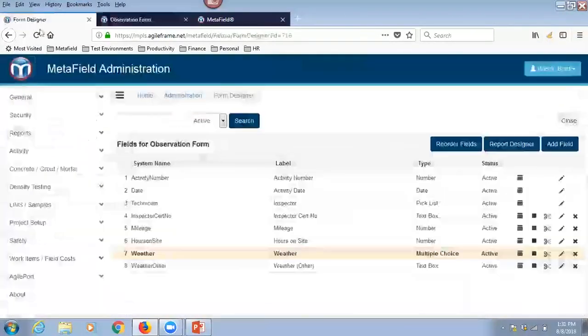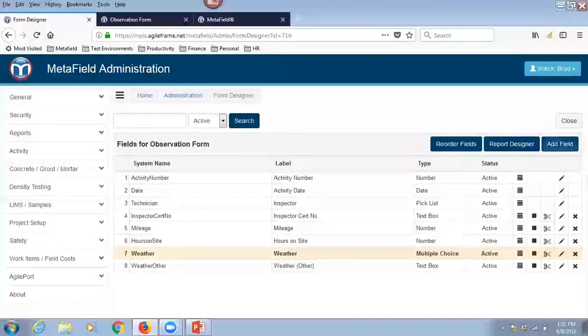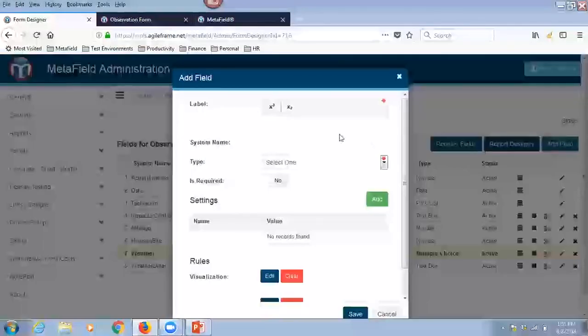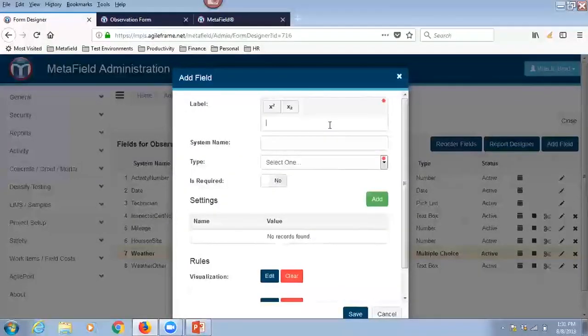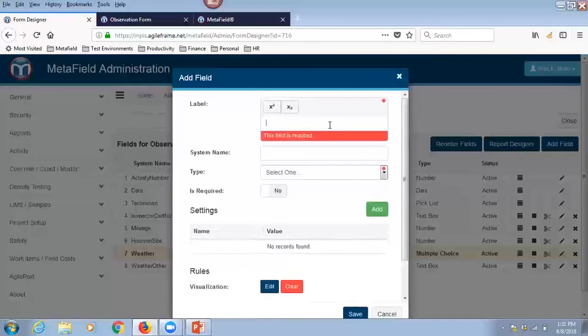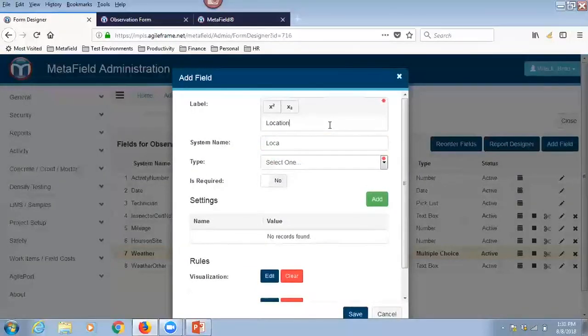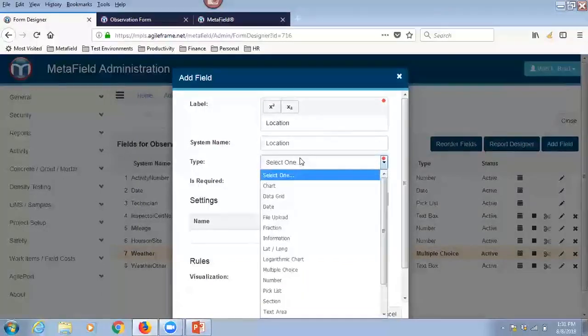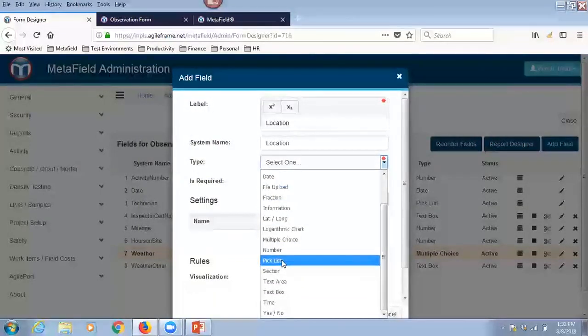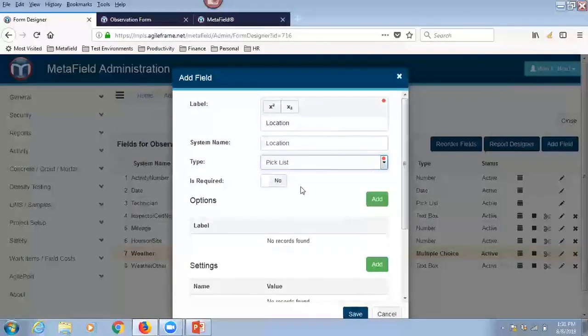All right, so let's go back to admin and keep working away here. And let's show a data source one. So in this example, what I'm going to do is add a location field because I want to know where this work is being performed. I'm going to choose a pick list. When I choose a pick list, it's basically going to be a drop down for the technician or inspector to work with. However, what I want to do is source a different area of the system that already has